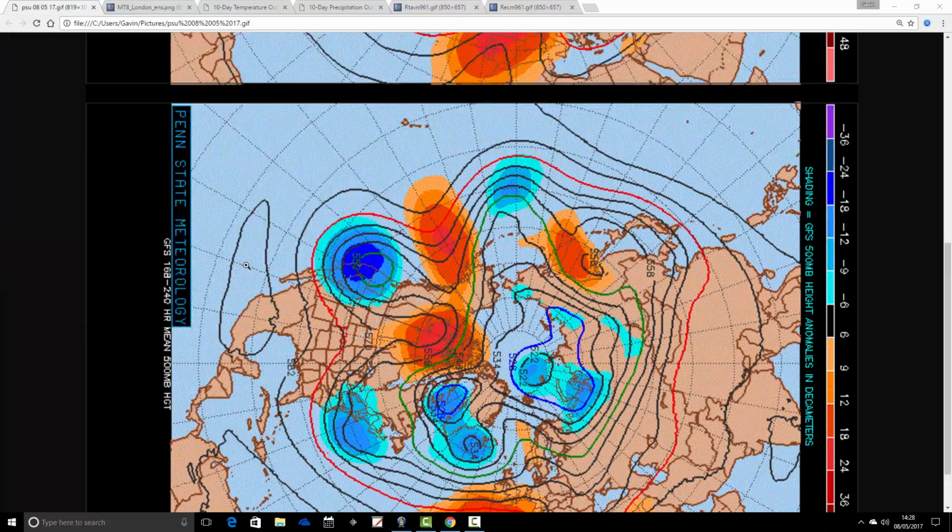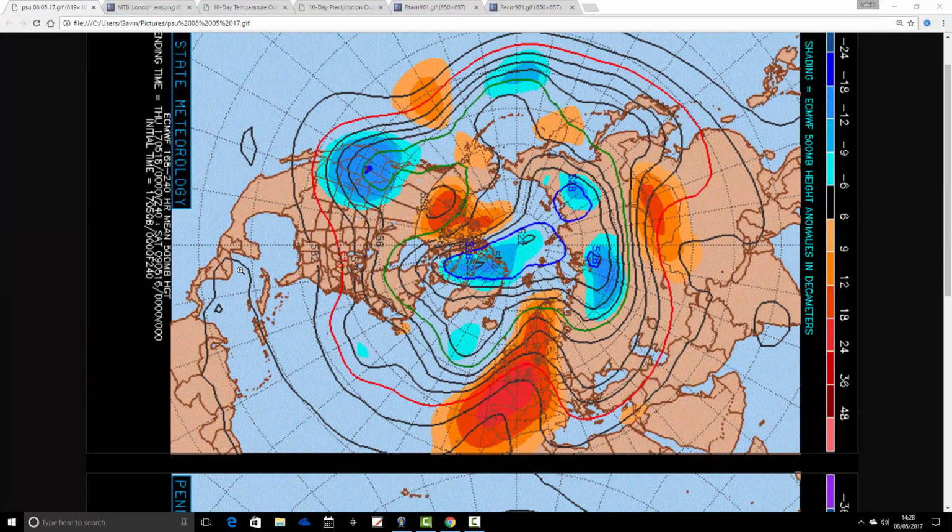We're going to start off with the 500 millibar height anomaly flow charts. We've got the ECMWF here on the top. The GFS, have a look at that in a moment, is on the bottom. 500 millibars, 80,000 feet, is an area of absolute high pressure, low pressure being moved around by the jet stream running above. Red is extrapolating to high pressure and blue is extrapolating to low pressure. I say these are mean flow charts for the next week to 10 days, taking us to the 18th of